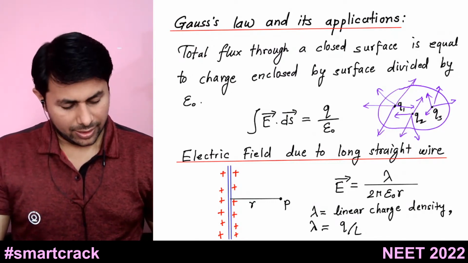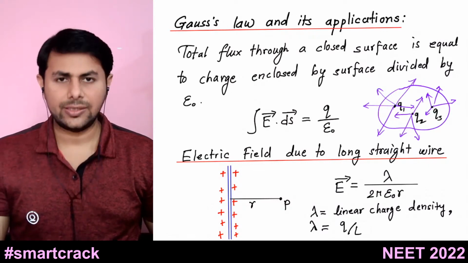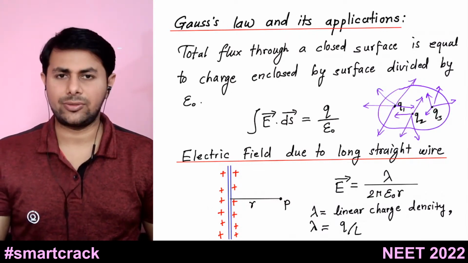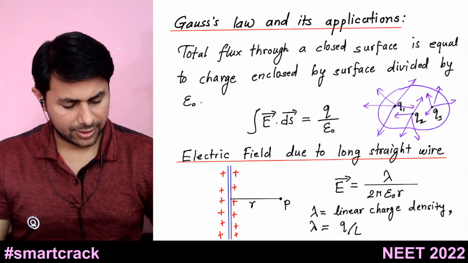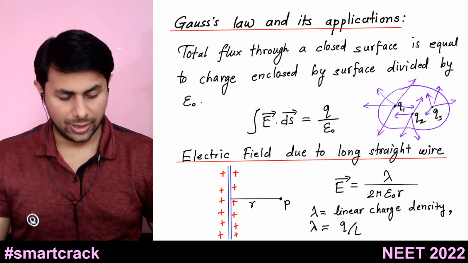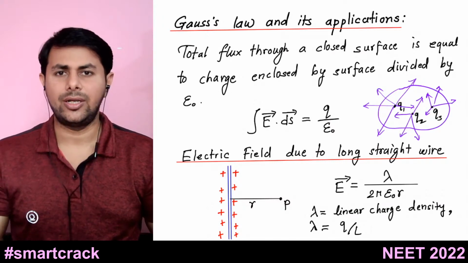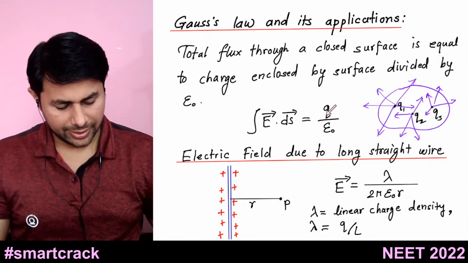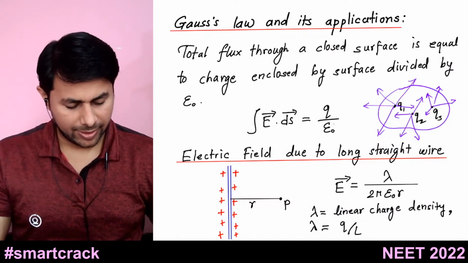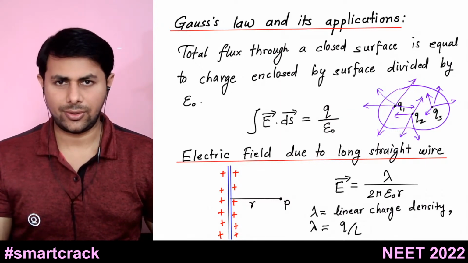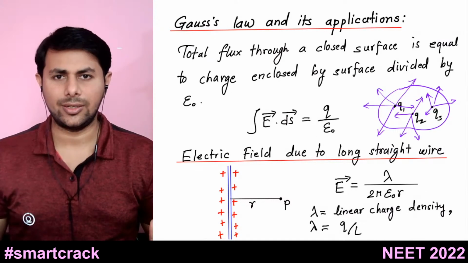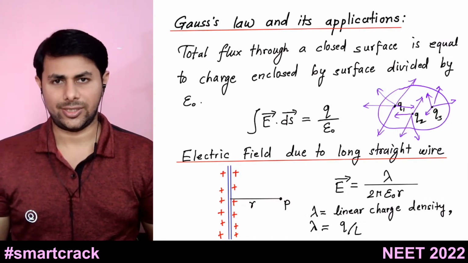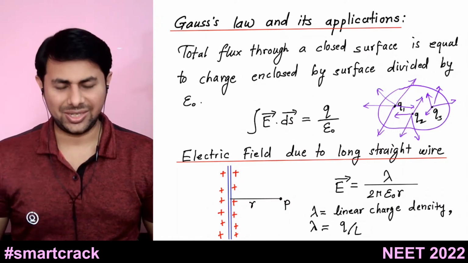Then Gauss's law says that this flux is equal to the total charge enclosed by the surface. Here there are three charges, q1, q2, q3. So the total charge q will be q1 plus q2 plus q3. So the total charge enclosed by the surface divided by epsilon naught. This is Gauss's law, and there have been many questions on Gauss's law in the NEET exam as well